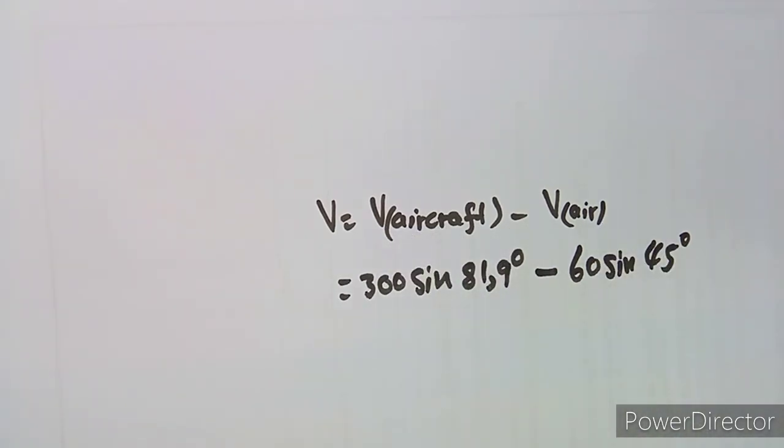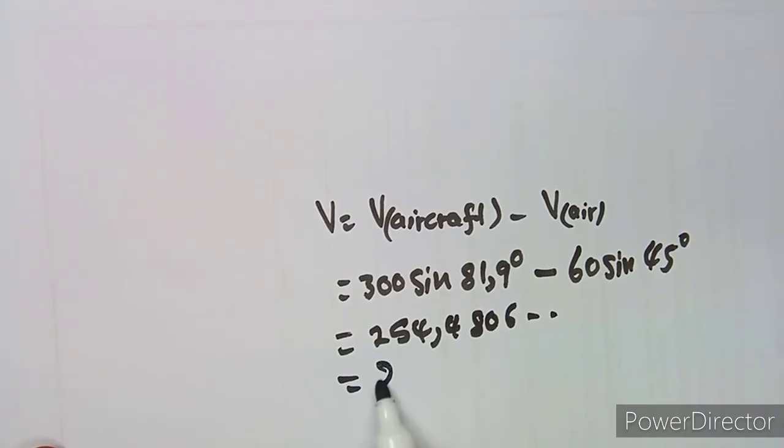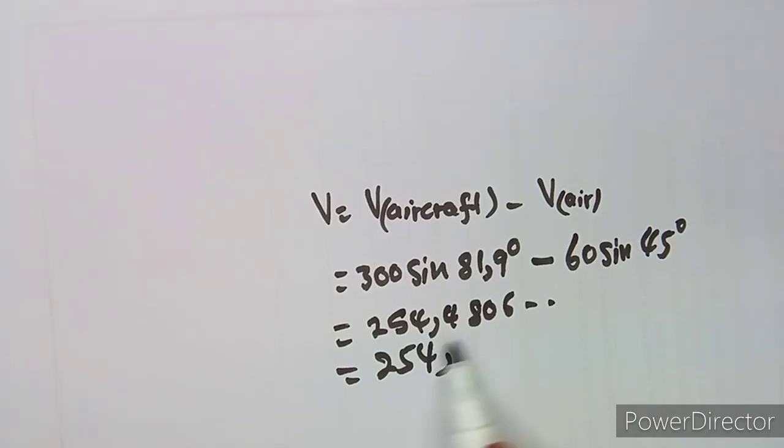This is what you're going to put together now. So using your calculator, guys, you're going to obtain something like 254.806, something like that. Okay, so you can round off depending on the degree of accuracy. Let's just put this to 3 decimal places or even 1 decimal place. This is 5.8, not 4. I don't know how I wrote these numbers, but that's what I obtained there, which is